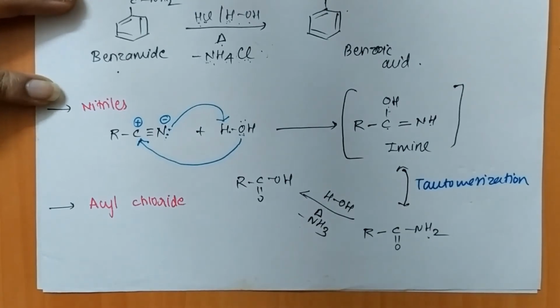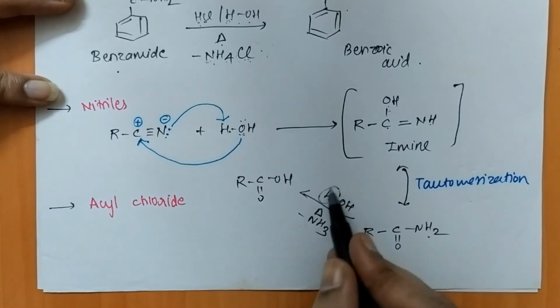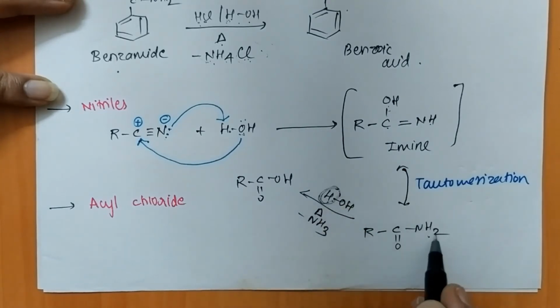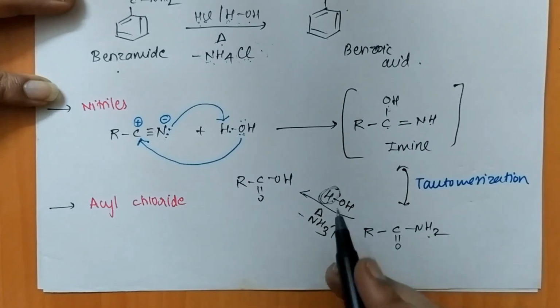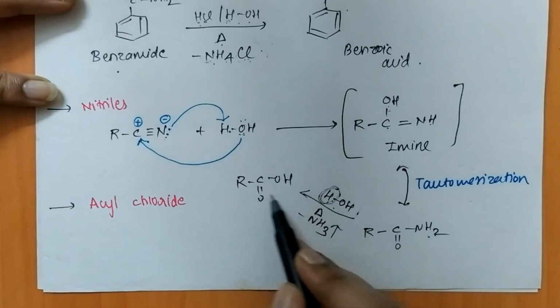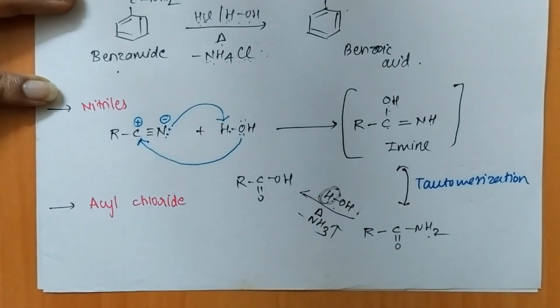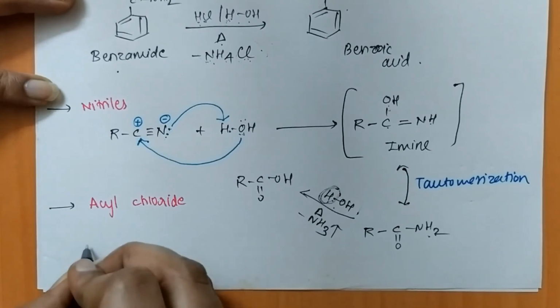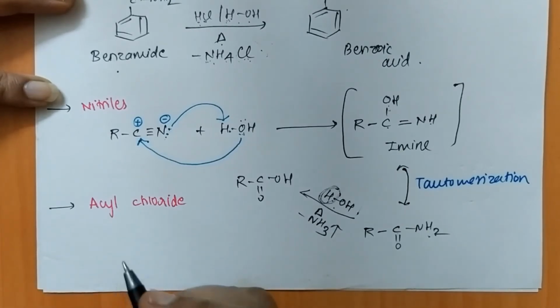So NH3 is formed as one hydrogen atom from the water is going to combine with NH2, which ultimately releases the ammonia, and we are only left with OH, and this OH is going to combine with the carbonyl group, which ultimately leads to the formation of a carboxylic acid. Now if you are talking about acyl chloride, let us take the benzoyl chloride.